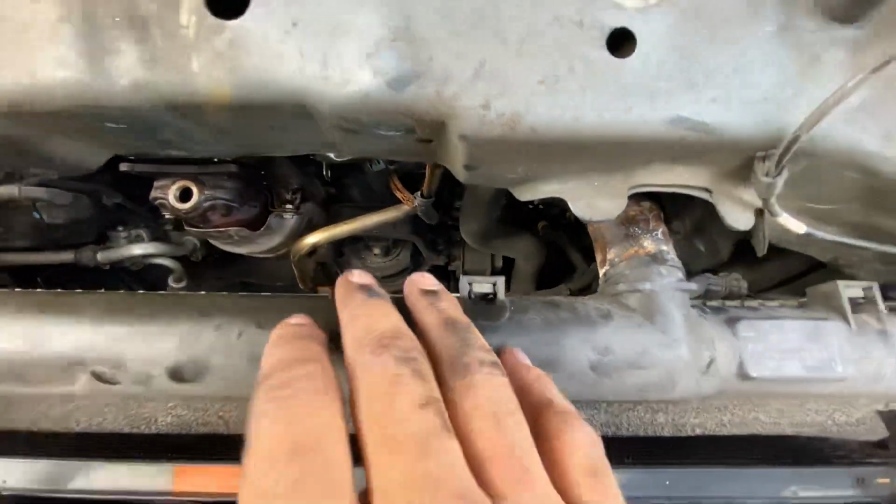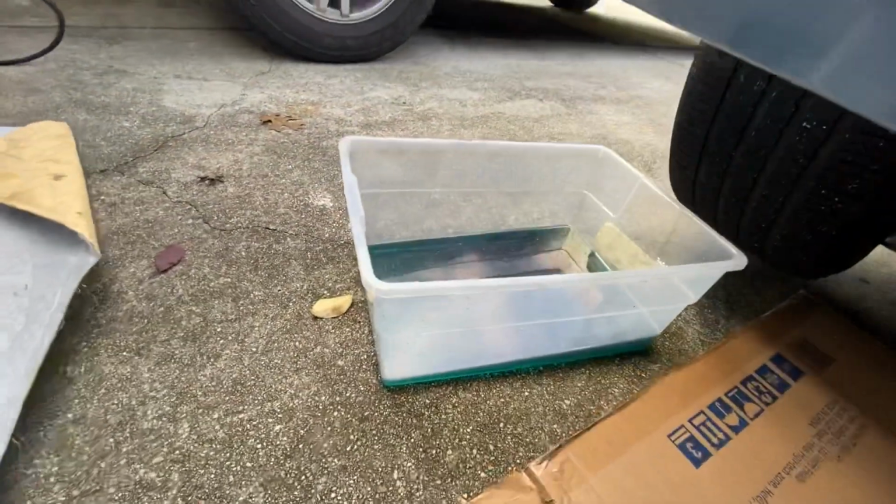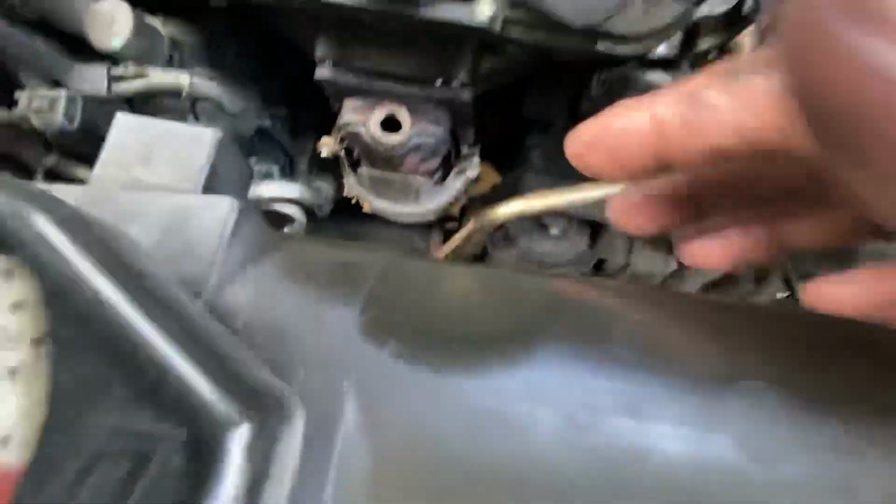Once you do that, you need to drain the antifreeze a little bit, not too much. See, there's the drain plug. Once you drain it,